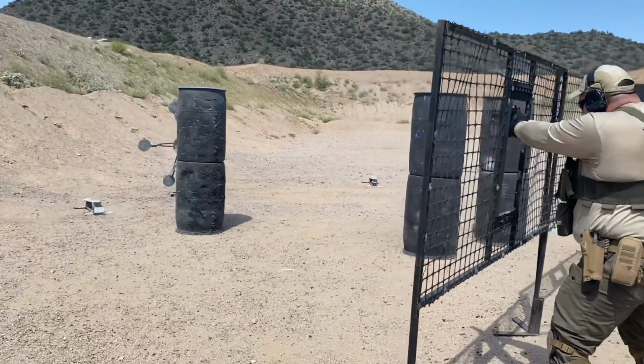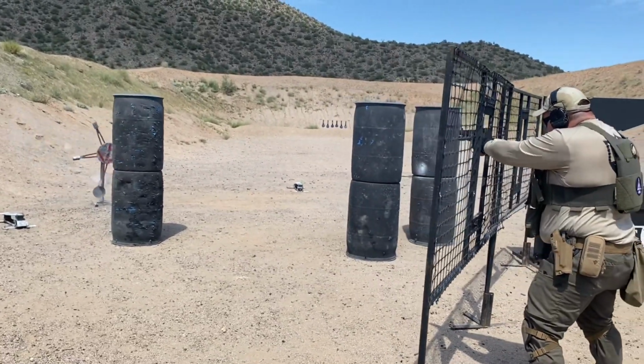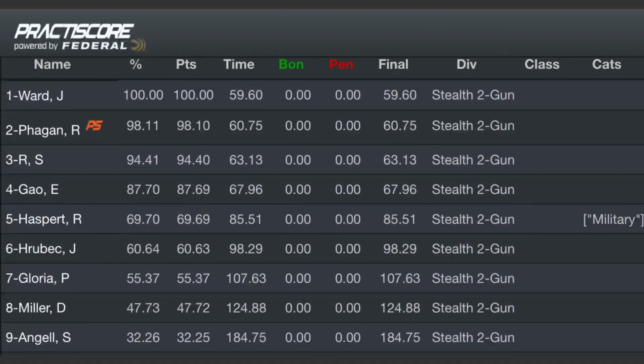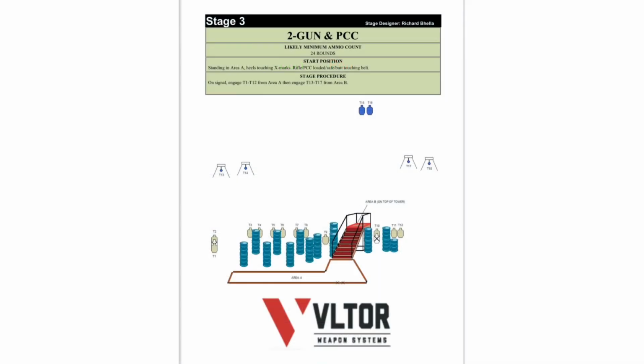This star is partially obscured from my position, so the timing on it's a little bit different. I am 2nd in stealth 2-gun with 98.11% of the winner's score. On this stage, we have a large number of paper targets obscured by barrels that can only be seen from particular angles from this lower position, then 4 steel targets to engage once the shooter reaches the top of the